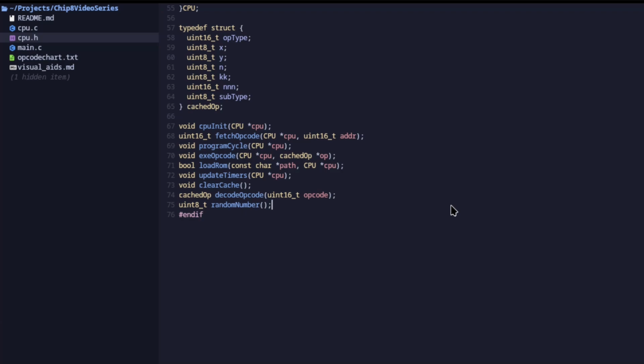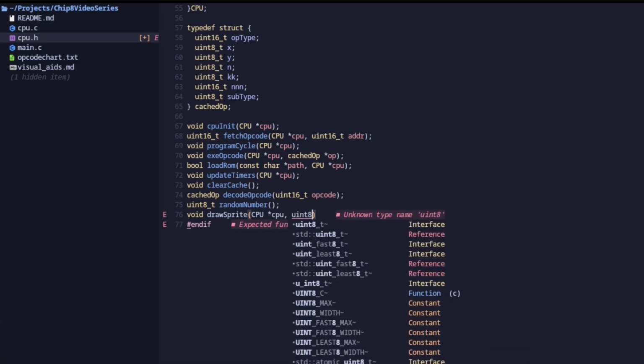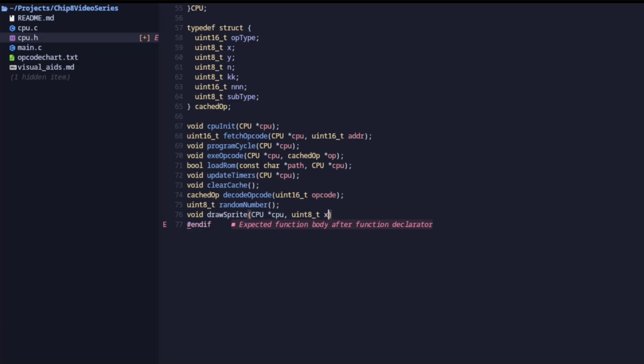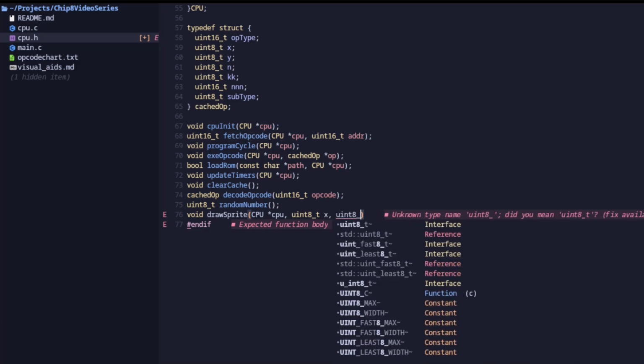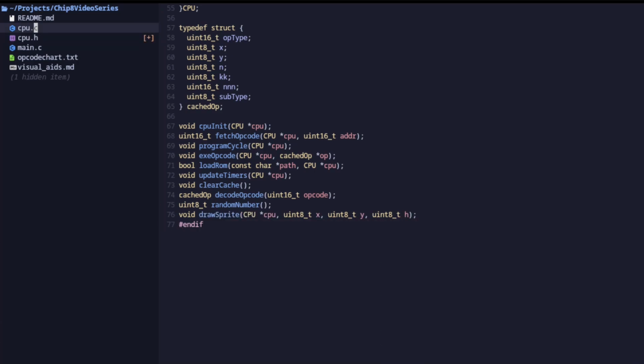So we'll start in the header file. I'm going to make a function called drawSprite. We'll pass our CPU pointer parameter, pass a value for X coordinate, we'll pass a value for Y coordinate, and we will pass a height coordinate, which we will explain later. Let's go back to our cpu.c file